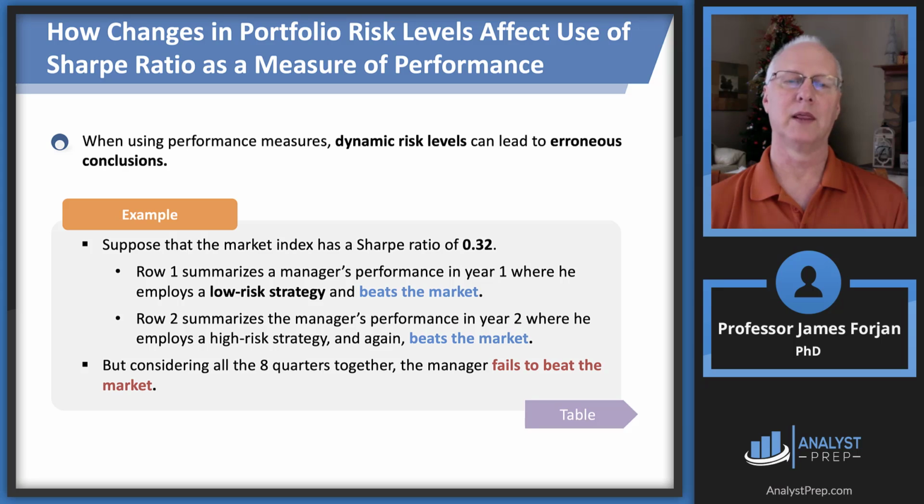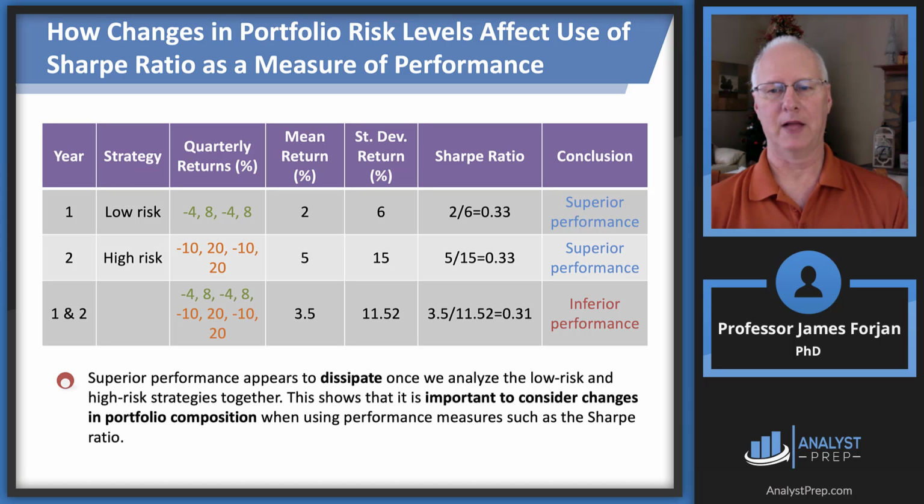So going back to that first point, when using performance measures, dynamic risk levels can lead to erroneous conclusions, and that's what this table considers. Note what that last sentence reads: this shows that it is important to consider changes in portfolio composition when using performance measures such as the Sharpe